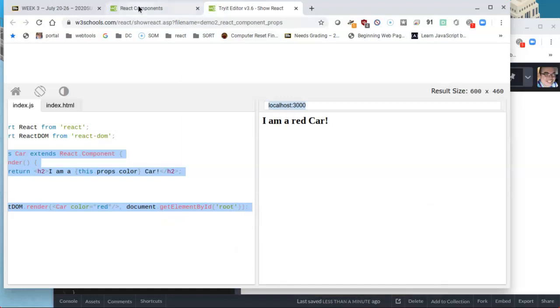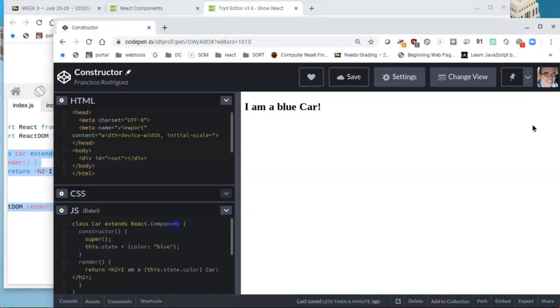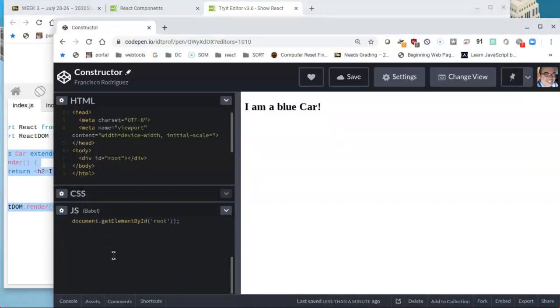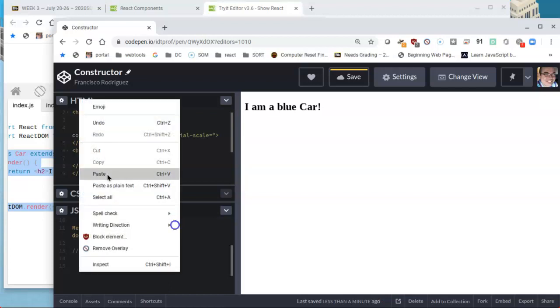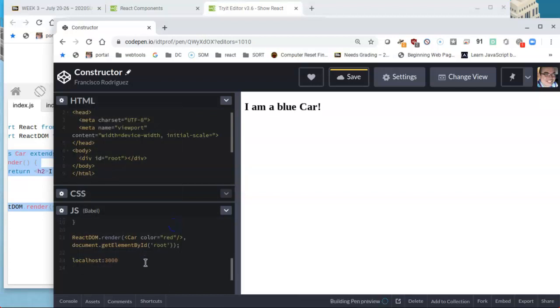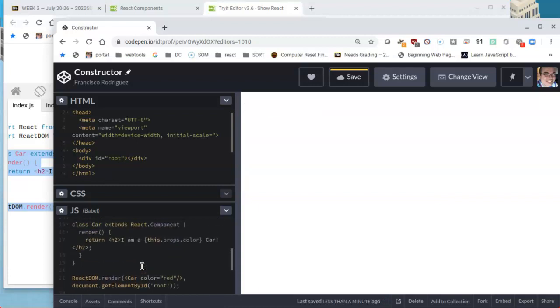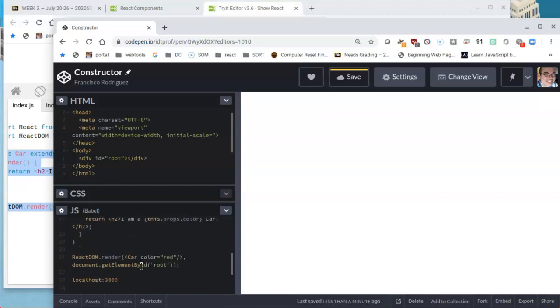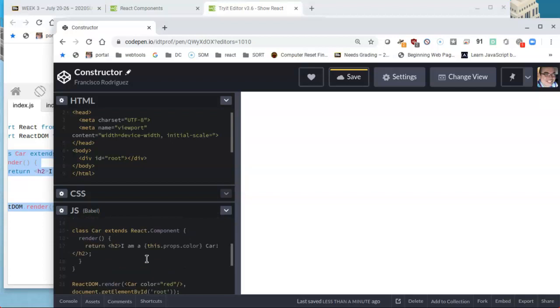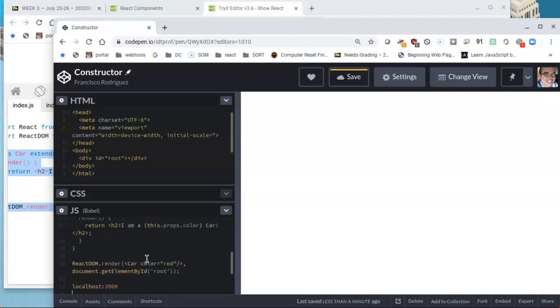that, come back to my CodePen, and at the very end, after the last semicolon, I'll press enter once. I'll put in a couple of dashes there just to let me know that that's where I should be pasting. These are just remarks, comments. I'll paste, and we get the whole code from the other one, but rather than using constructor, it's using